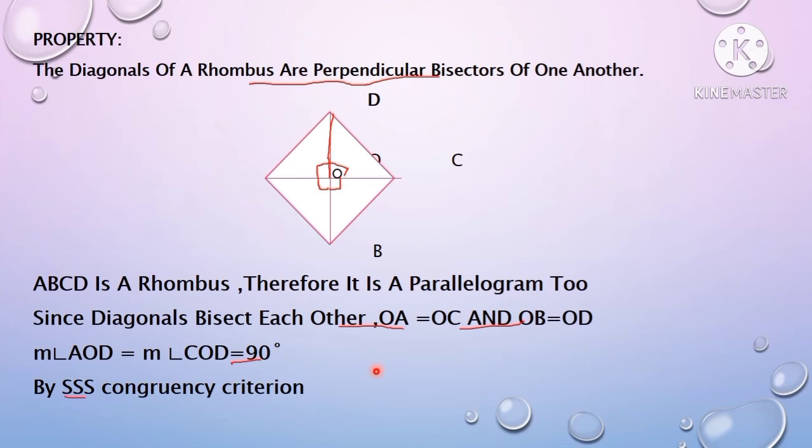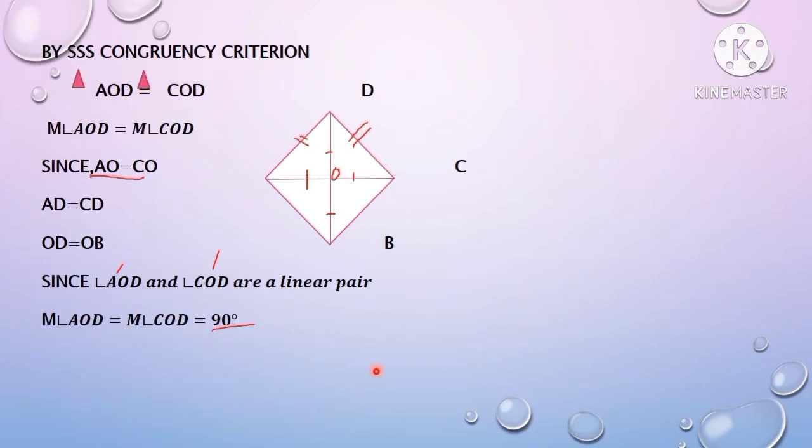By SSS congruence criteria. SSS congruence means we can take this one triangle, this one triangle, this one triangle. So here we have 4 triangles. So we are using here congruence method. SSS congruence means all the sides are equal in a triangle. We have studied different types of congruence of triangle. Do you remember RHS, AAA, ASA? So here all the sides are equal. So here see this by SSS congruence criteria.